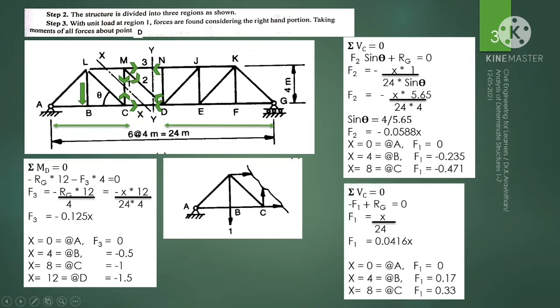That is F2. In order to find F2, F2 is an inclined member. You can resolve this vertically and find the reaction. Either you can take the moment at M. Why can we not take it at M now? Because the load is at the left hand side. So this is our plane. You have to consider only the right hand side.